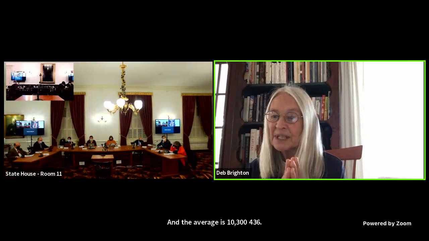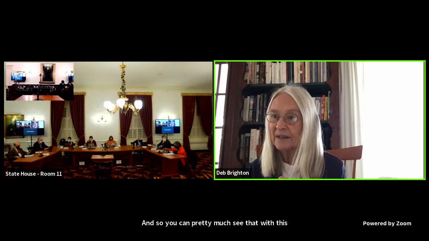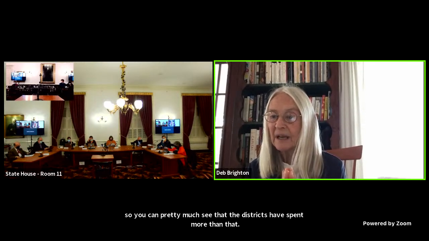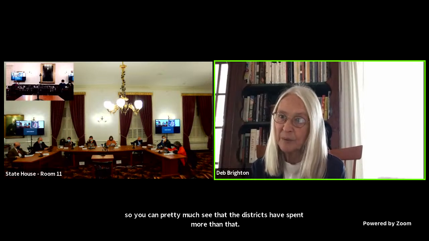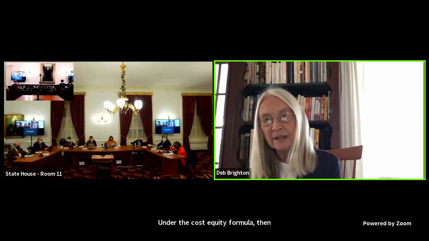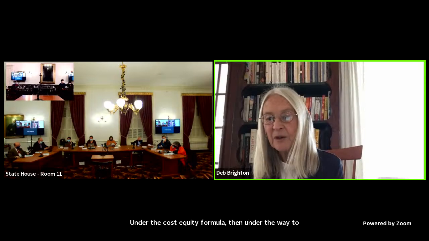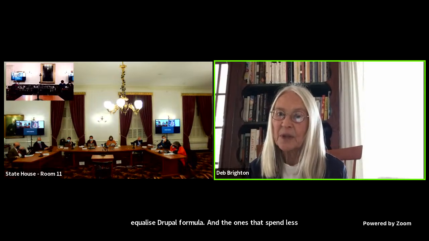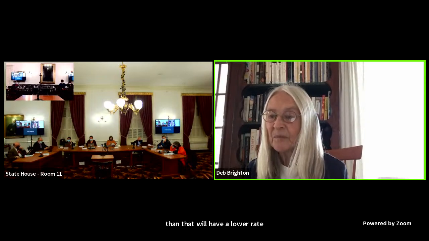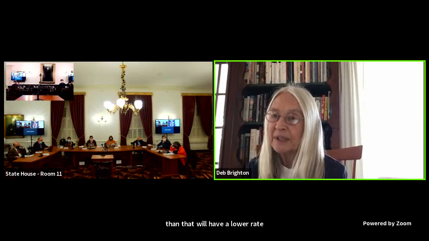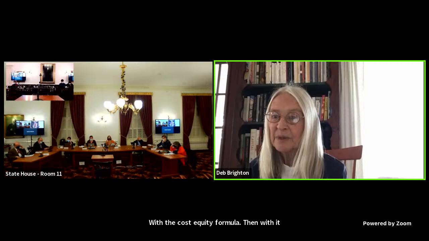So you can pretty much see that the districts that spend more than that will have a higher rate under the cost equity formula than under the weighted equalized pupil formula. And the ones that spend less than that will have a lower rate with the cost equity formula than with the equalized pupil formula. And the reason is,